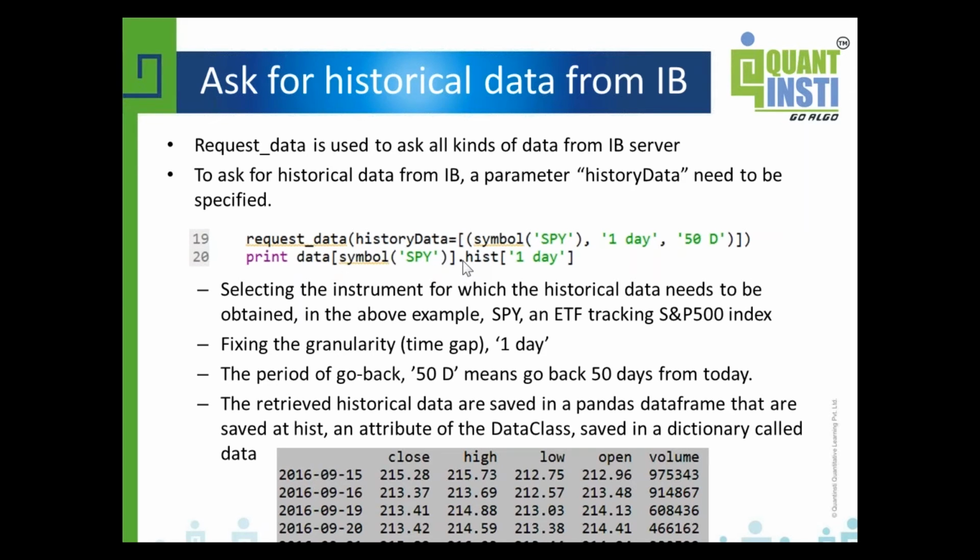You will see data, then the name of the security, and then the history data will be saved as an attribute of the data class, which is hist, and then you specify the time gap. If you ask for 1 day, you call it 1 day. If you ask for 1 minute, then change it to 1 minute. The result will be saved here.